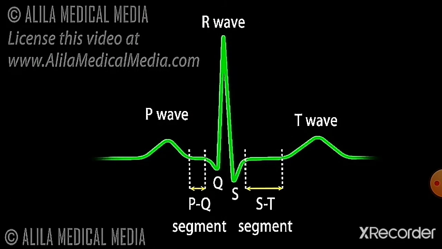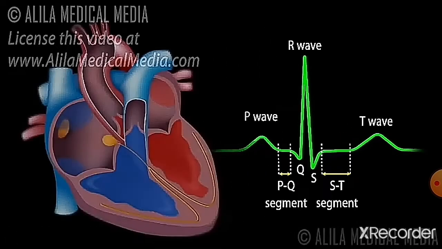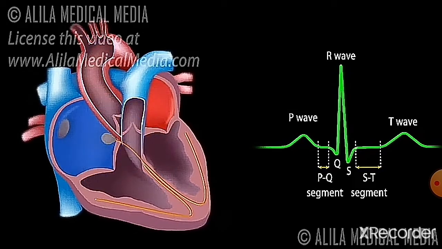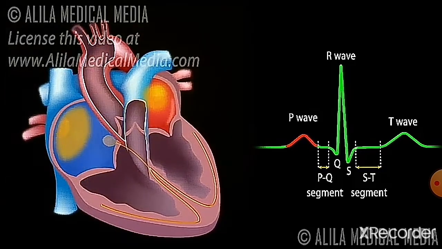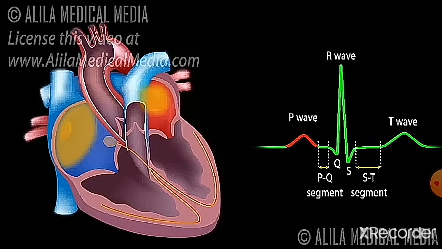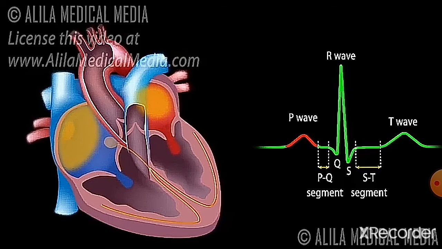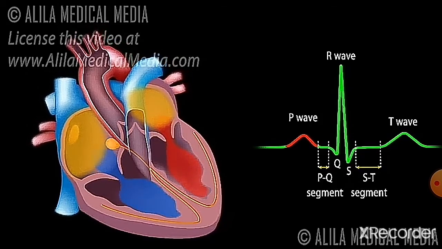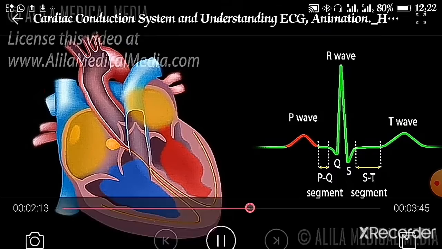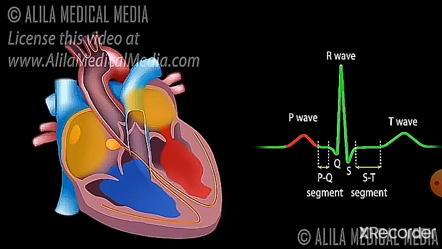Now as the waves progress, we will start from the P wave and see how it affects our heart. As we have already discussed, here you can see, whatever impulses are generated in the SA node, they will produce the depolarization of our atria, right and left atrium. So it indicates the P wave, and after that the contraction occurs and blood is filled into your ventricles.